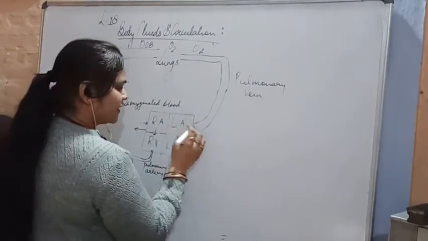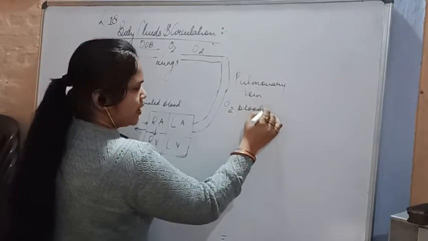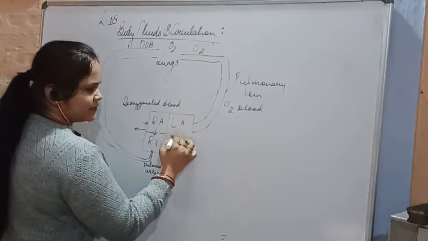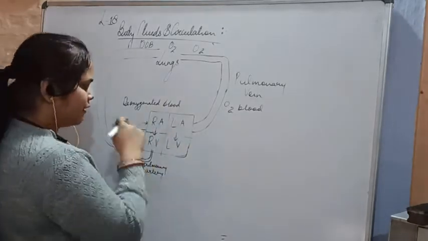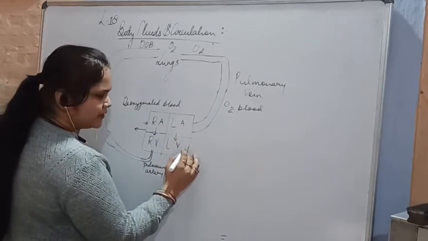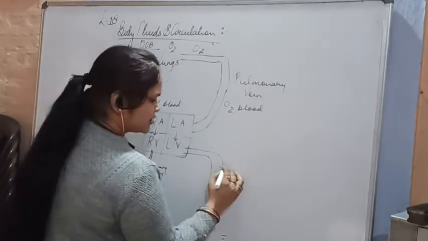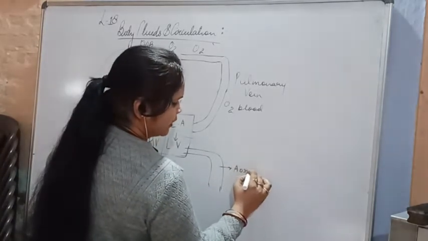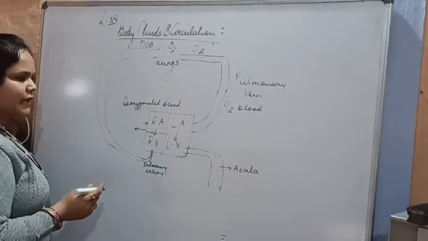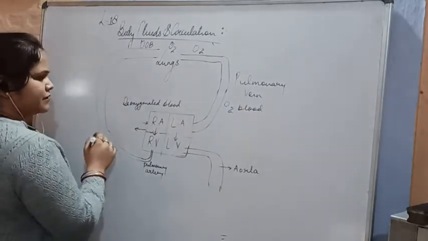Now the left auricle has got the oxygenated blood. Now this we know that auricles are always receiving chambers, so they are receiving, and then the left ventricle will transfer the blood to all parts of our body with the help of aorta. So this type of circulation, when the blood enters the heart twice, it is called double circulation.